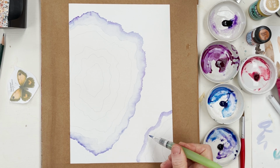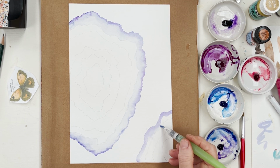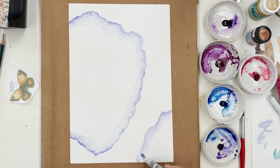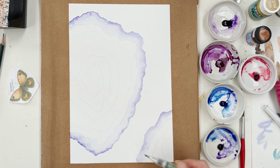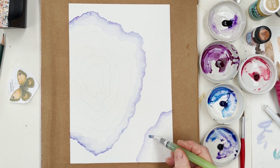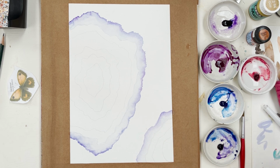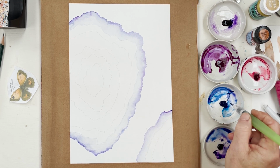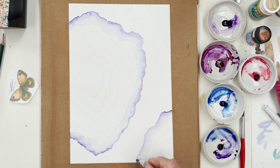And then if you're using a water brush, just squeeze the water out a little bit and spread it out and let all that bleed. If you're using an ordinary brush, just fill up your brush from your reservoir, your jar of water. Don't make it too wet. And so like that, and let it bleed. And then come in with a slightly darker, stronger, thicker colour, violet, blue, and just go around the outside edge,